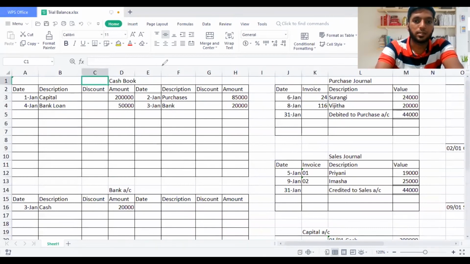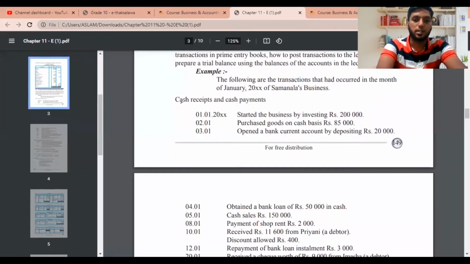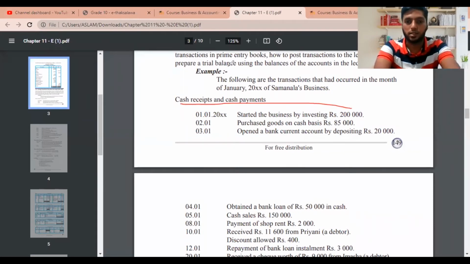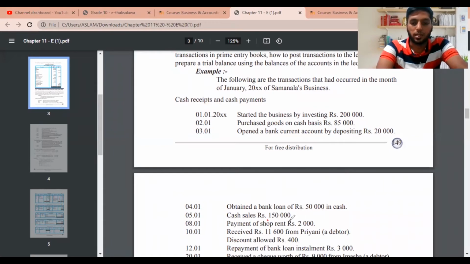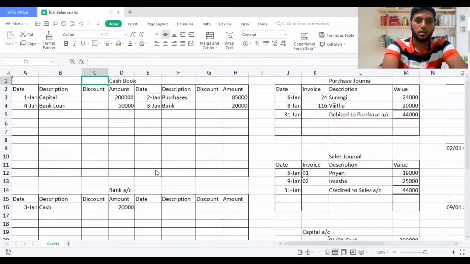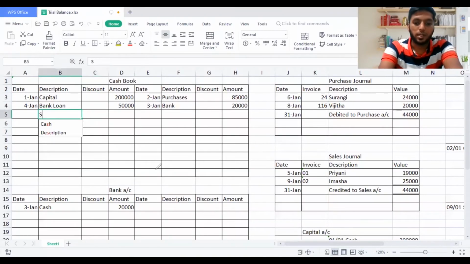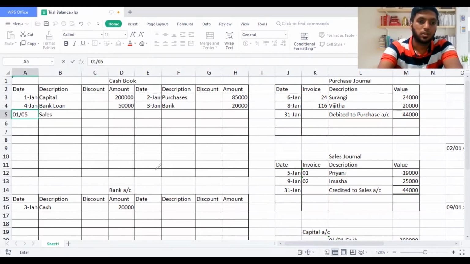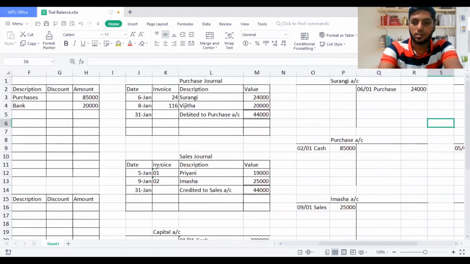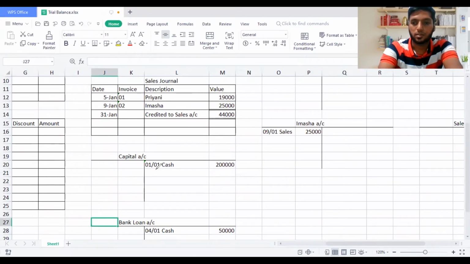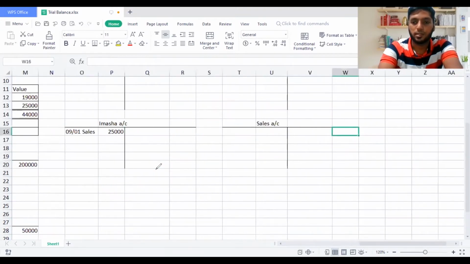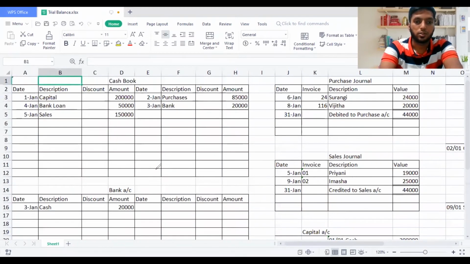I know these all come under cash transactions because they already separated it as cash. Let's say it as cash receipts and cash payments. That's the reason I'm taking all the transactions under the cash book. Then we have cash sales rupees 150,000, fifth first. So when you are making a sale, your income account will become credited and your cash book will become debited. So I'll write here sales, 5th first. We can write here 150,000 the amount, and the sales account will become credited. We had a sales account somewhere here. Yes. So 150,000 will become credit, saying cash. Fifth first, cash. That's easy, guys. Adjustment number 5 is also done. So move on to the next adjustment.